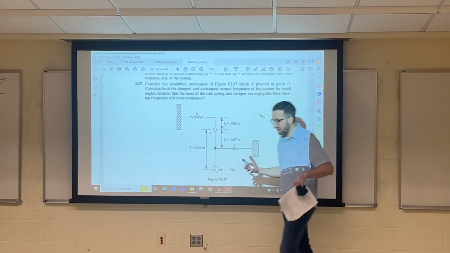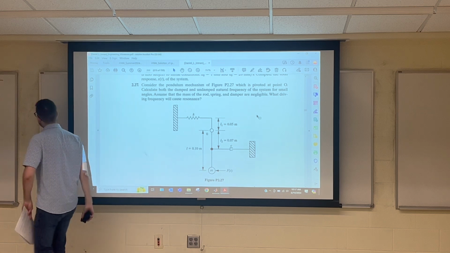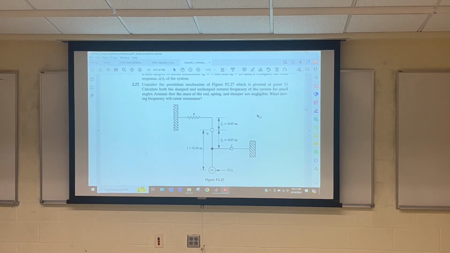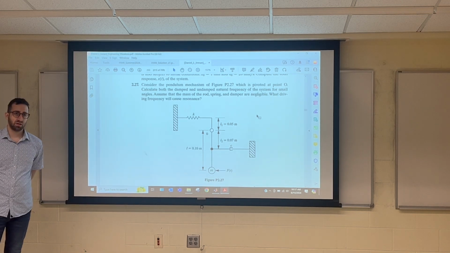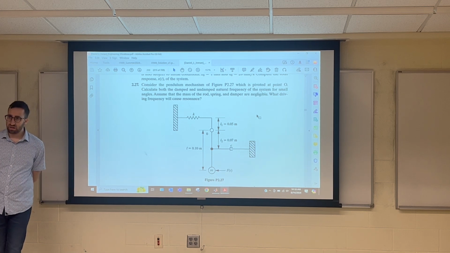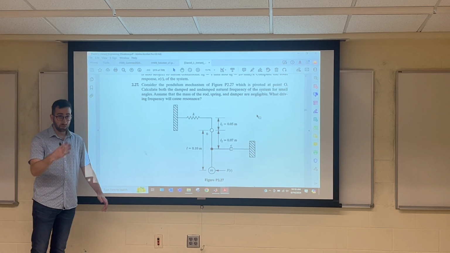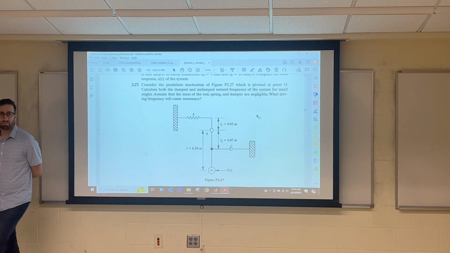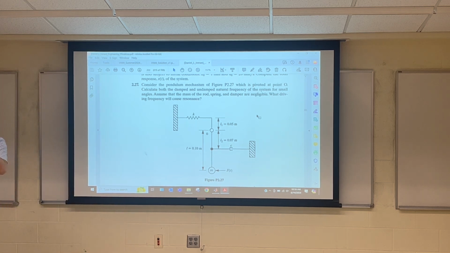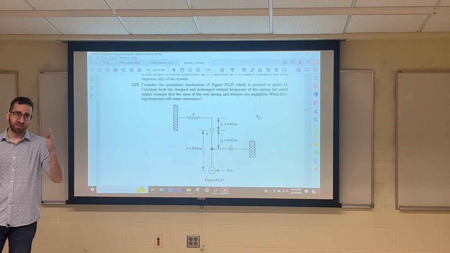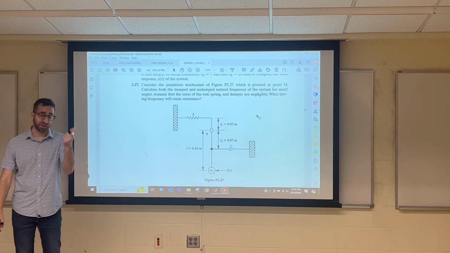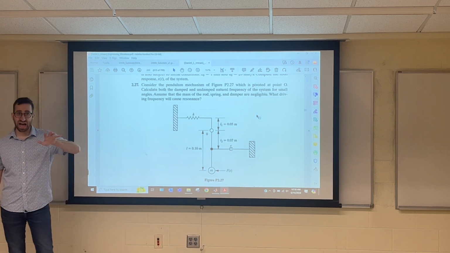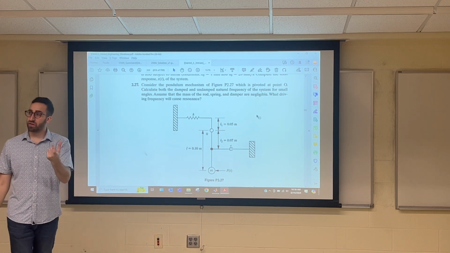So, just thinking ahead, they're asking for the damped and the undamped natural frequency. What is the relationship between those? Or rather, what's the natural frequency first? Square root of k over m, or g over l, which we can get from the differential equation. If we have the differential equation, and we convert it to monic form, we know that the term that's with the x, or with the theta, not the theta dot, not the theta double dot, is the natural frequency squared,